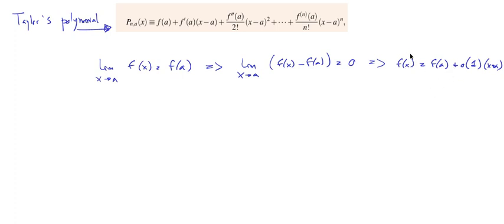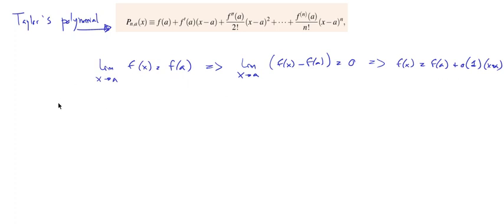So that means that our function f can be approximated by the value at a very close to a. It's what this means, right? So f of x is f of a plus something that gets very small when you get close to a. But can we improve on this